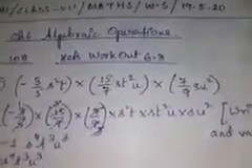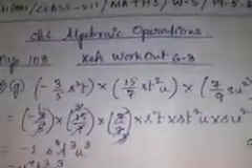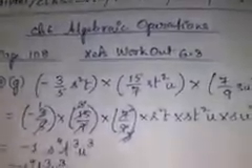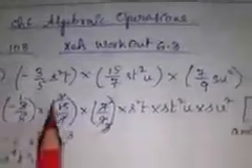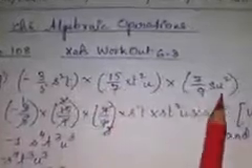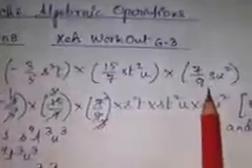Today we are going to do the next few sums of Let's Work Out 6.3. Everybody open your maths book to page 108 and come to sum number 2, part G. Here the three terms are given. We will have to multiply these terms.